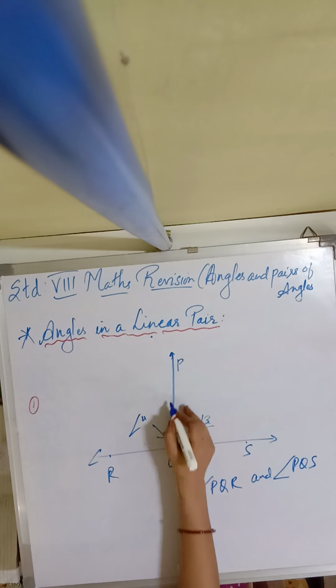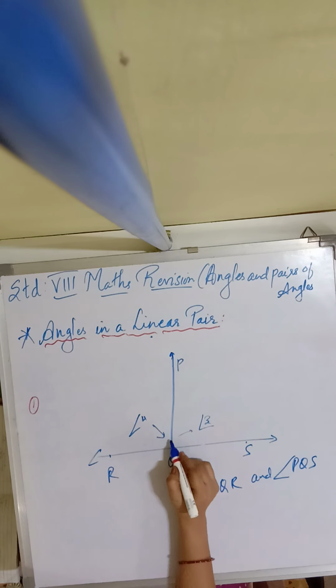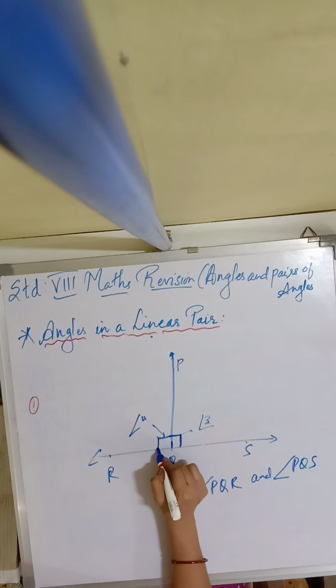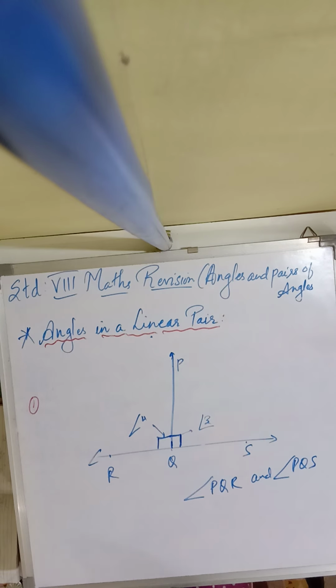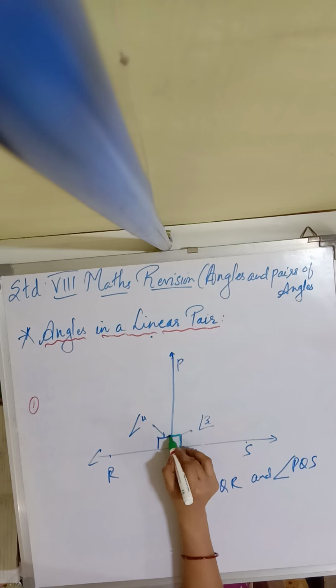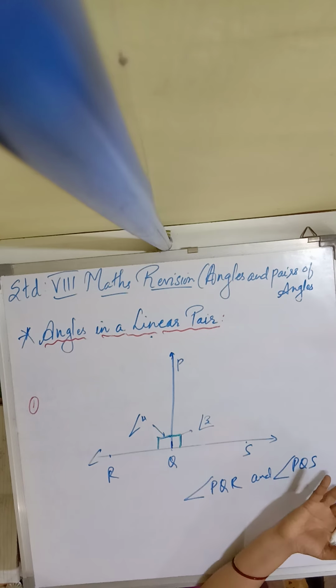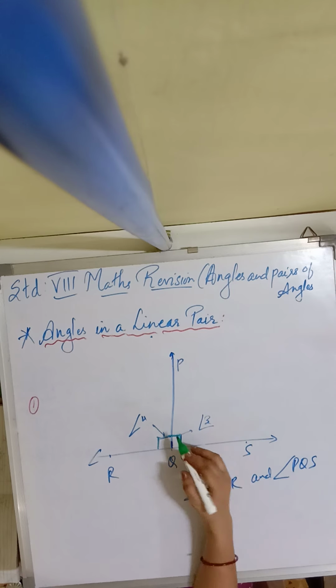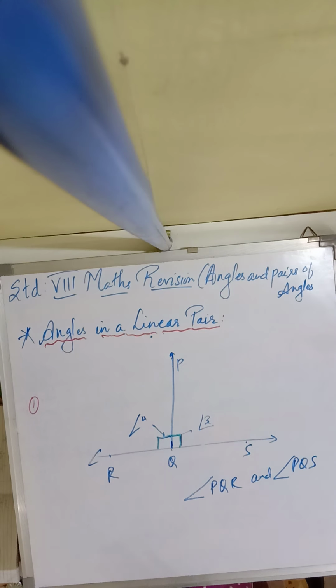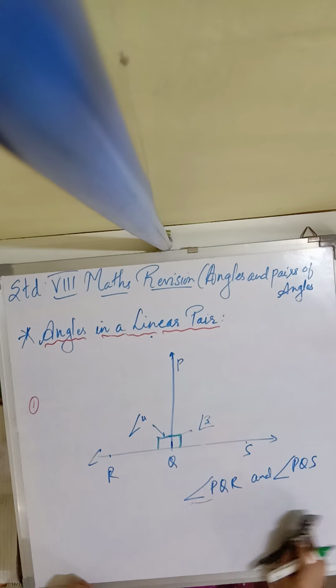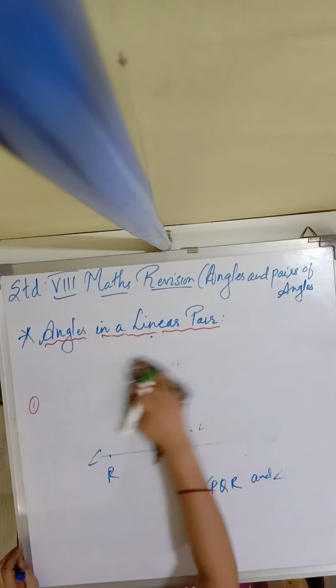And here you can see that since it is a perpendicular, this angle is 90 degree, children. If this is 90 degree, this angle also will be 90. 90 plus 90 is 180 degree, that is the sum of the angles is 180 degree. Hence you can understand how angles in a linear pair can come. This was your second example, you can draw and keep it for your knowledge and understanding.